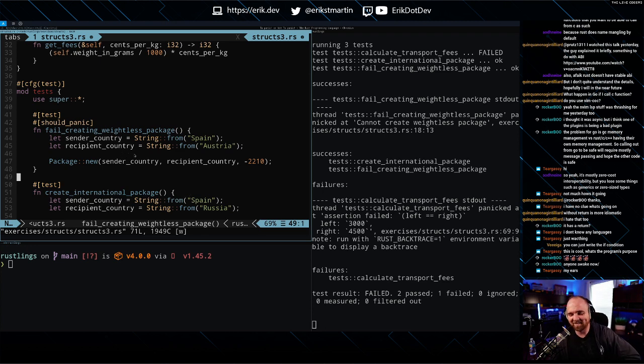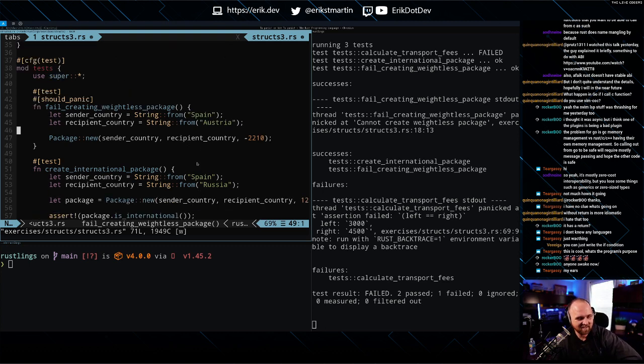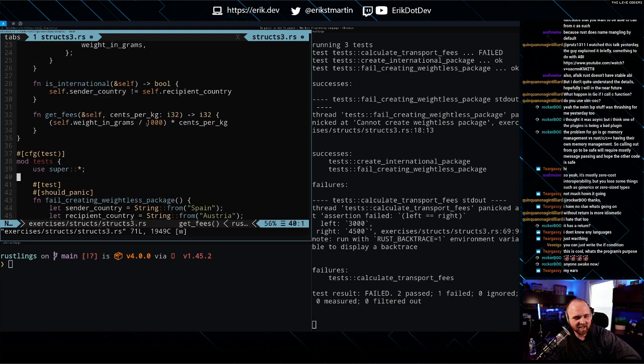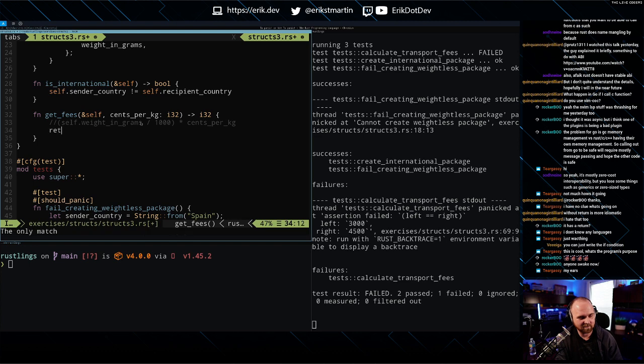Yeah, I hit entirely the wrong button. So this can't be returning what I think it is. So weight in kilograms, it said 1500 divided by 1000 should be 1.5.